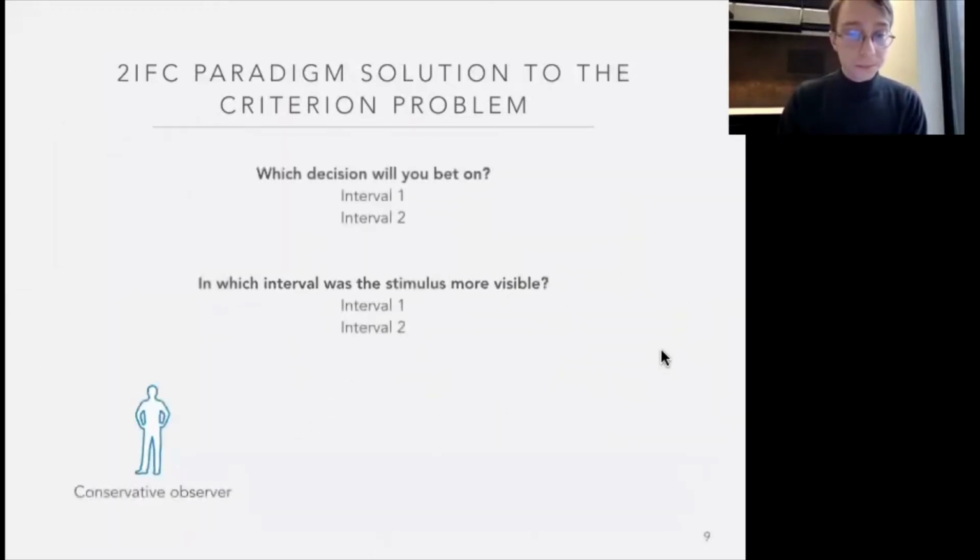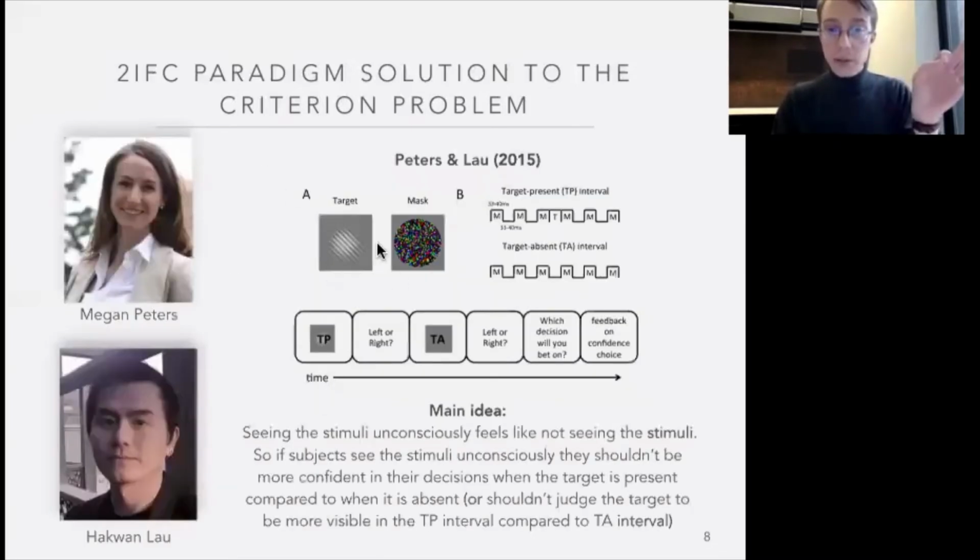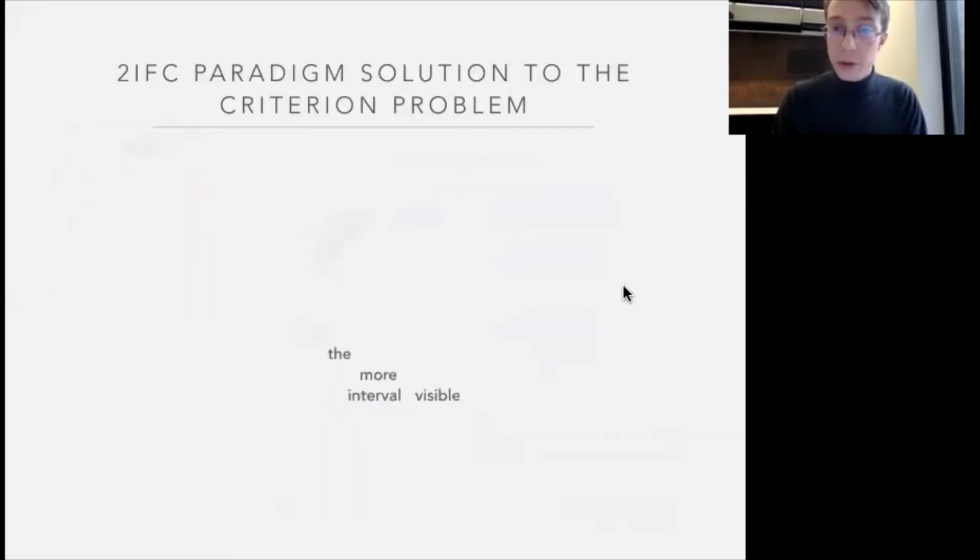Okay, so here is the idea. You do the task in the first interval, in the second interval, and then you're asked in which interval the stimulus was more visible. Okay, and if you're above chance on the discrimination task, that is on saying that the target is left tilted or right tilted, I'm going to conclude that you saw the stimulus because that's the explanation for your performance. But if you're at the level of chance for answering whether the target was more visible in this one than this one, I'm going to say that you are not conscious of the stimulus. So I can assess unconscious perception in this way.